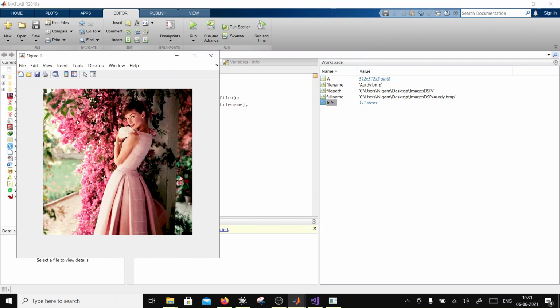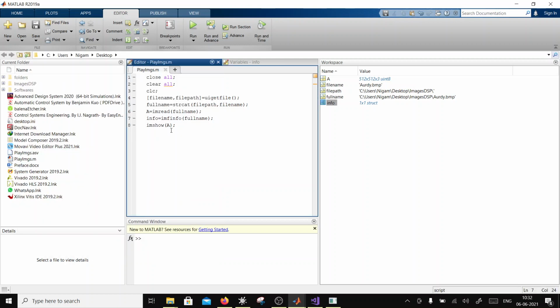Right. Now I want to split this image into 3 colors. You see they are stored as 512 by 512 by 3. So these 3 levels are going to be 1, 2, 3: 1 for red, 2 for green, and 3 for blue, RGB. So if I want, I can split that into RGB.